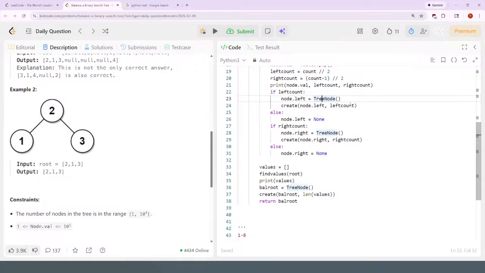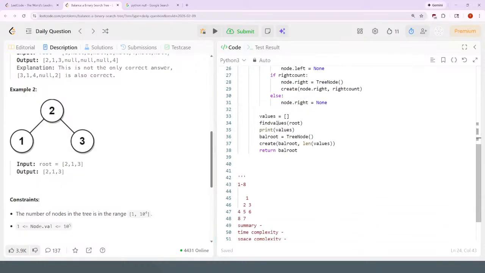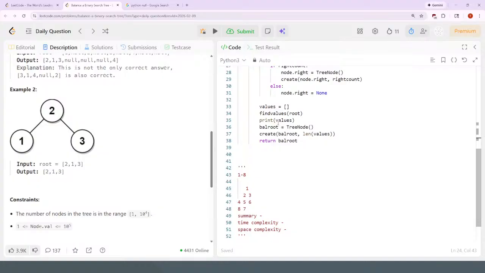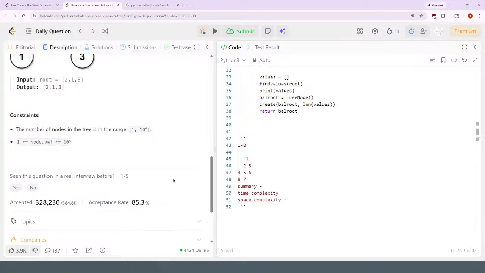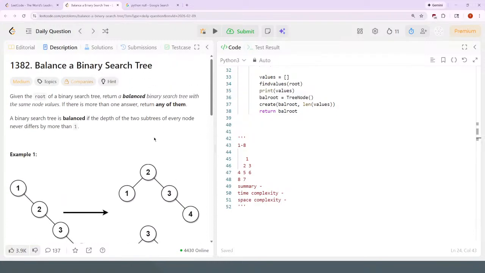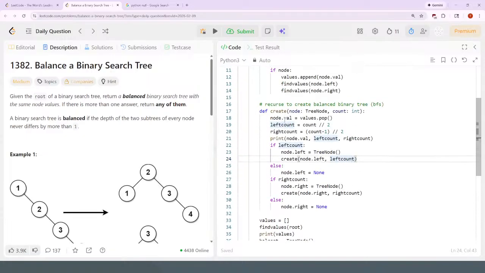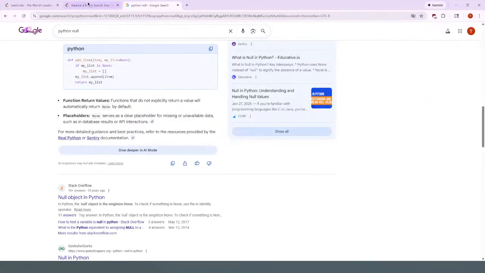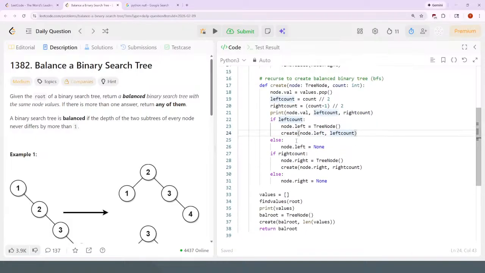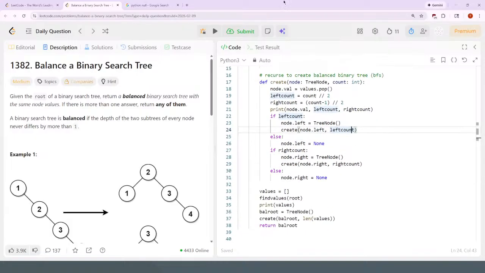Move to that TreeNode. Oh. Hmm. Okay. I'm going to